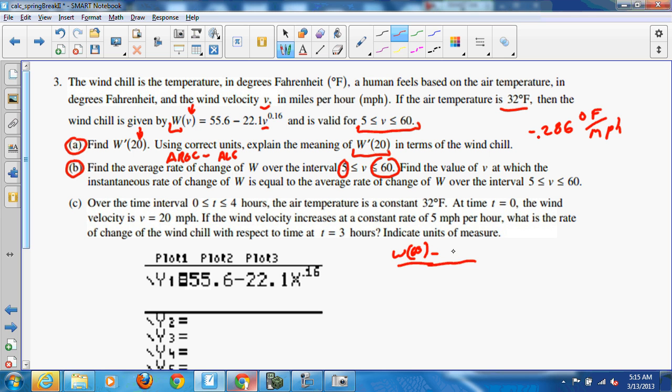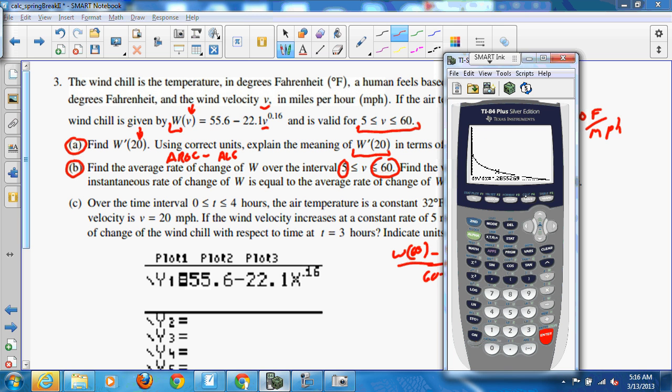We have the wind speed at 60, the wind chill at 60 minus the wind chill at 5, and then on the bottom we have 60 minus 5. So we're going to take our answer that we get, divide by 55, and let's see if we can do it just like this. We'll go to trace, and we'll go 60 miles an hour,